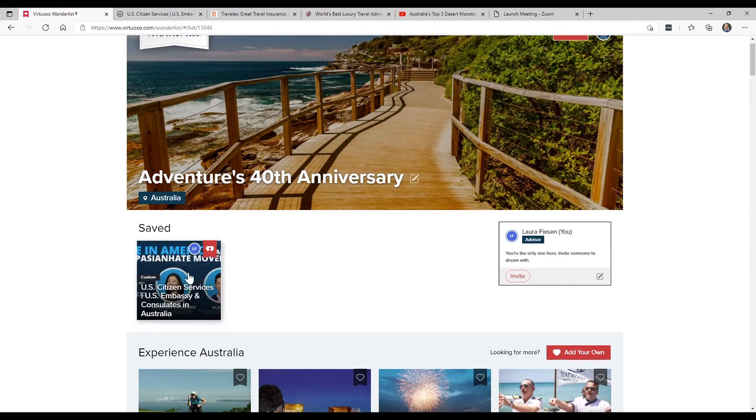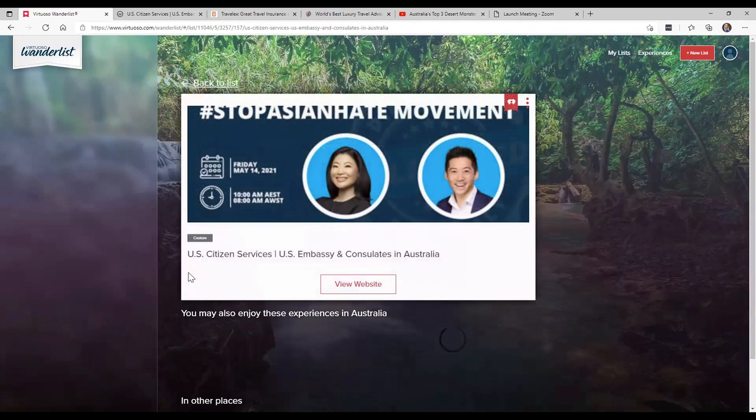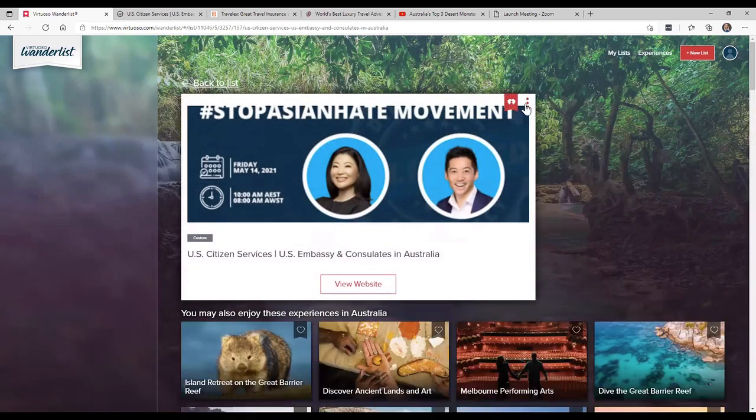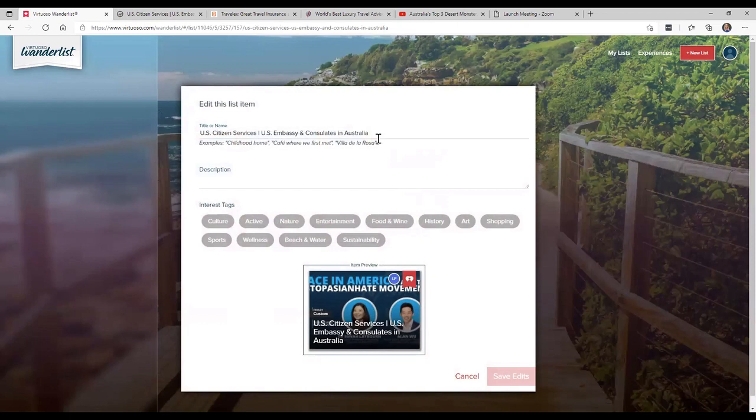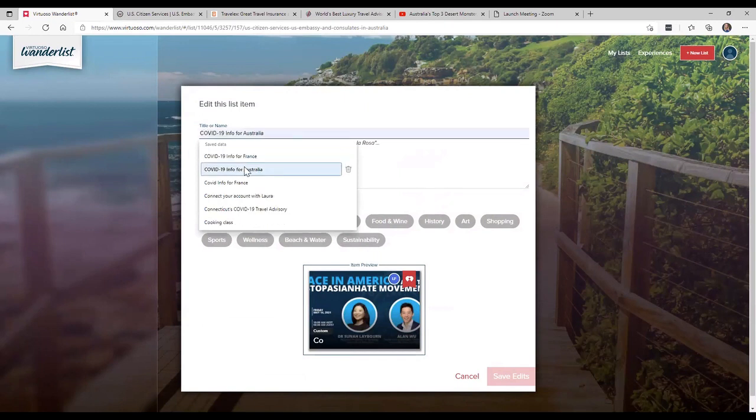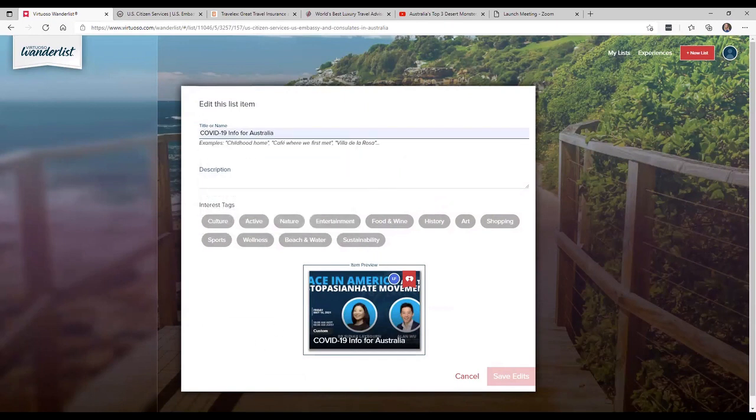So how you do that is you click on the tile itself that you just created. In the top right in the tile, you're going to see 3 red buttons. That's our hamburger menu. We're going to click on that and click Edit Item. Now I can go ahead and change this title to something that makes a little more sense. So I might say COVID info for Australia. And then this site didn't give me any description, which is fine. So I'm going to type in a description of what this link is all about.